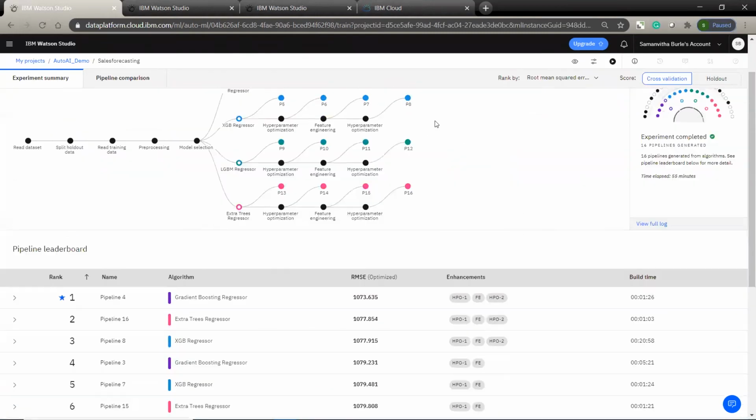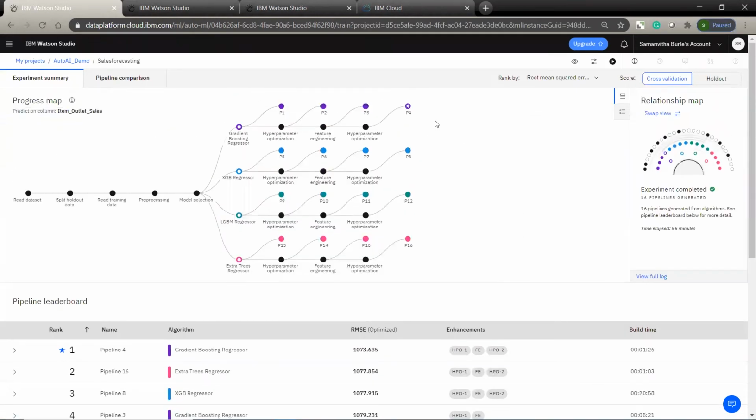So depending on the problem type and the data set that you have, you can just go ahead and select the algorithm, and you can also edit your experiment settings according to your problem and your data set. Basically it's all according to your requirement. The good thing about this is that you don't have to code anything. Everything will be taken care of by AutoAI.